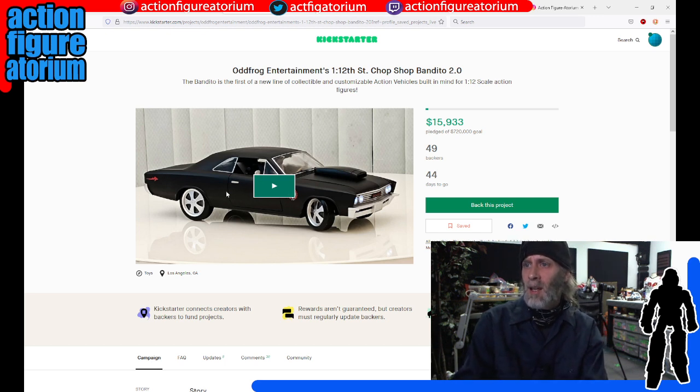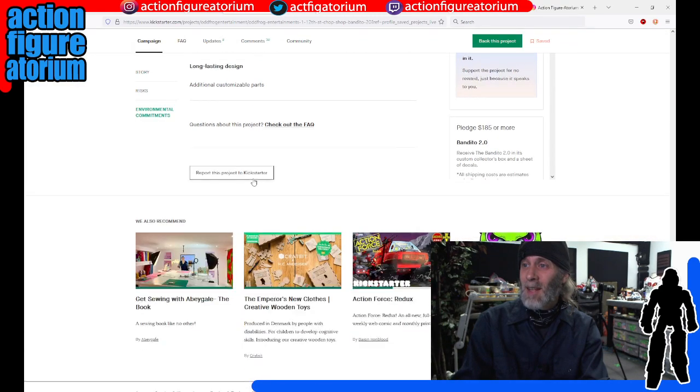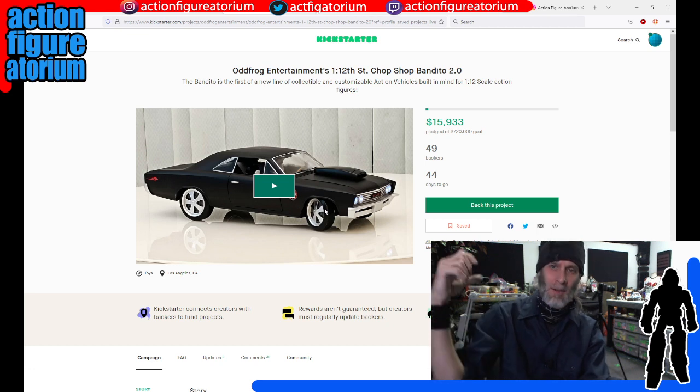But this thing is essentially that, and I gotta say, it looks a little cooler than the one that HasLab was putting out. It seems to have a little bit more detail. It's a bit more unique. I think that it's a cool idea because HasLab has kind of spent all this money marketing the idea of a cool muscle car,